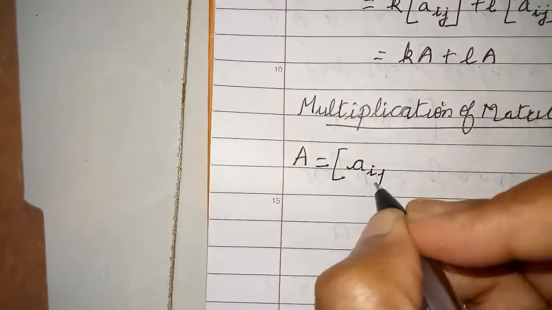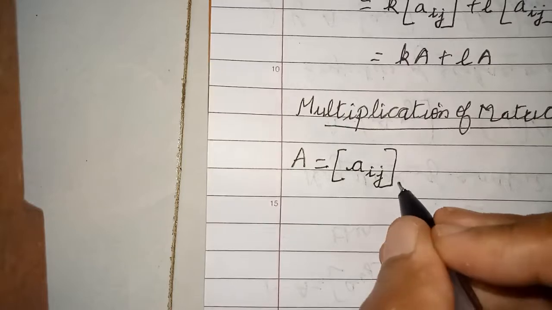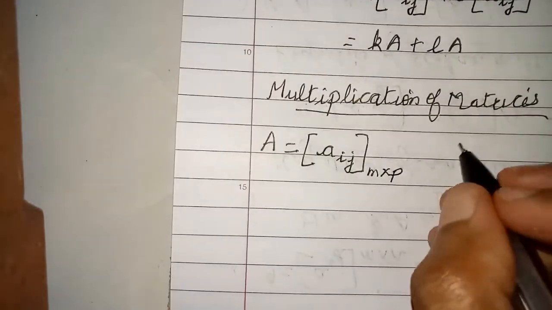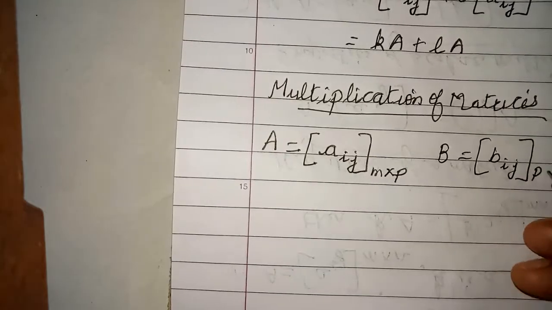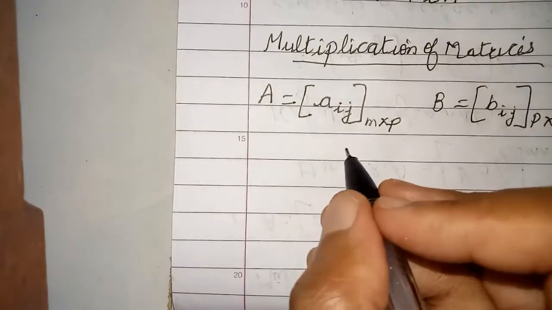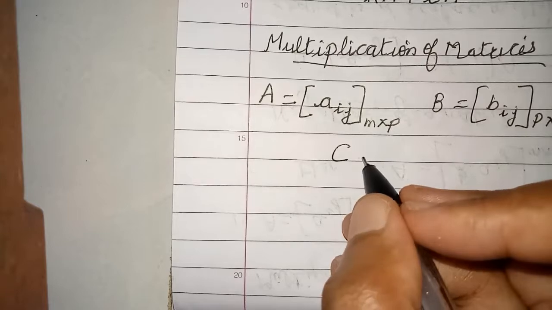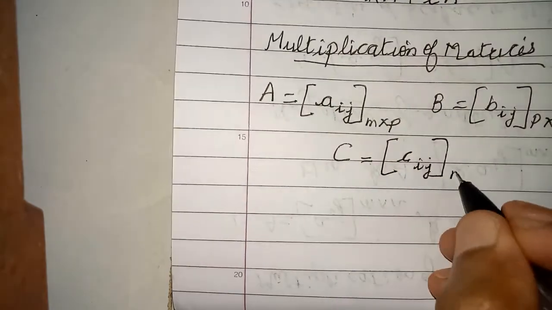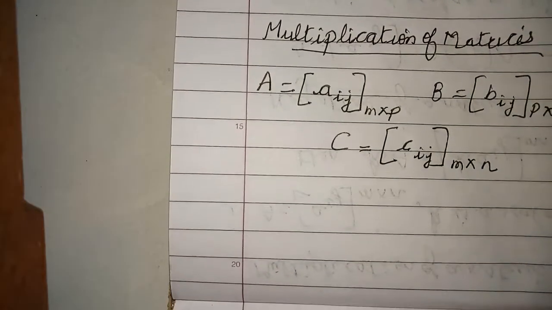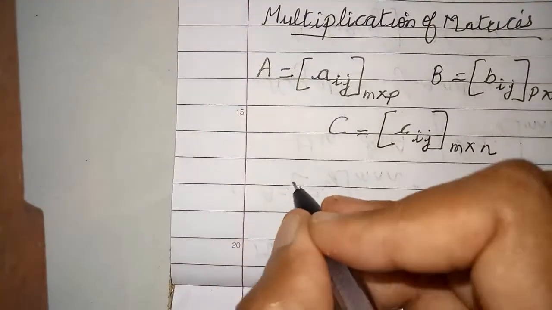So suppose I have a matrix Aij of order m cross p, and a matrix Bij of order p cross n. Then the definition says that you will have a matrix C whose entries will be of the type Cij and its order will be m cross n,